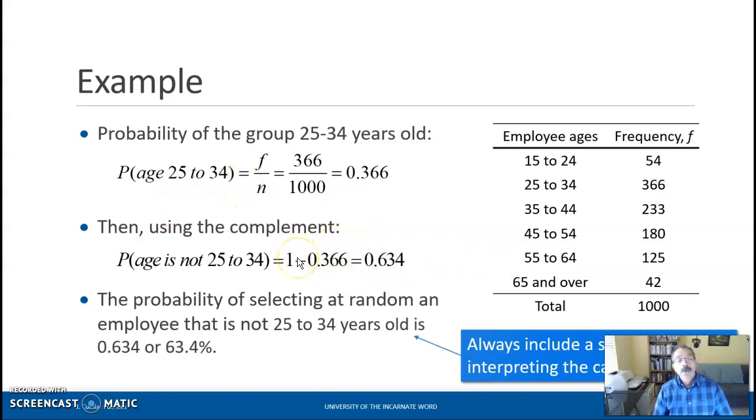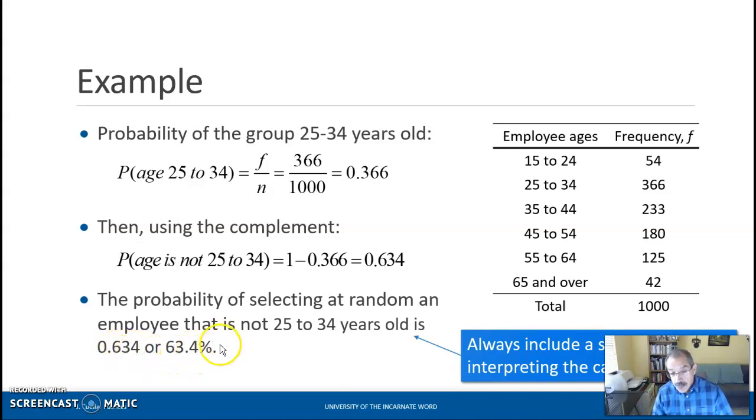One thing I wanted to remind you is to always include an explanation of your result. This is because in the exam, I will be asking you to do this for every result that you obtain. So our final result here is 0.634. You could say that the probability of selecting at random an employee that is not in the age group of 25 to 34 years old is 0.634 or